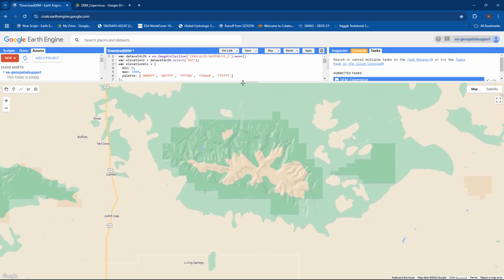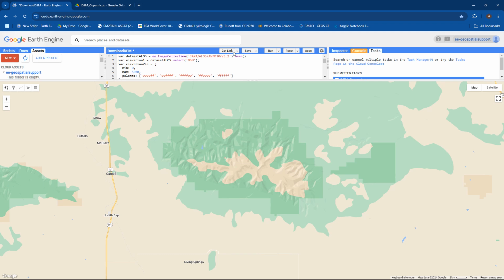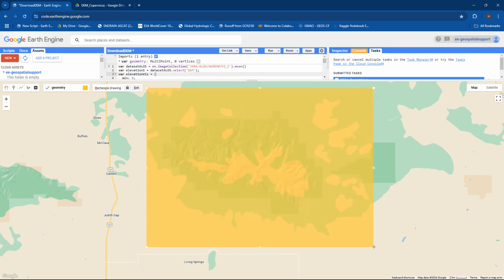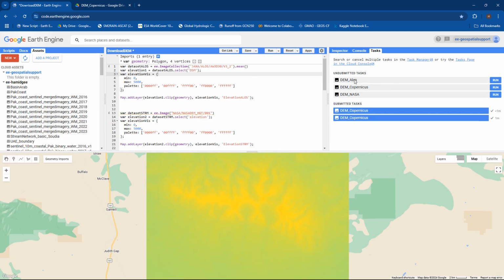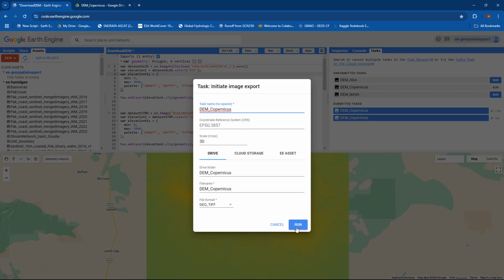elevation model. For that, I will provide you the link. You can just copy paste the link, get an account on it, and it's going to be really easy to extract this area. Just provide its geometry for your study area, run it, and from here you can download the ALOS elevation model, Copernicus elevation model, or NASA SRTM. This time I'm going to use the Copernicus model. Let's just run it,